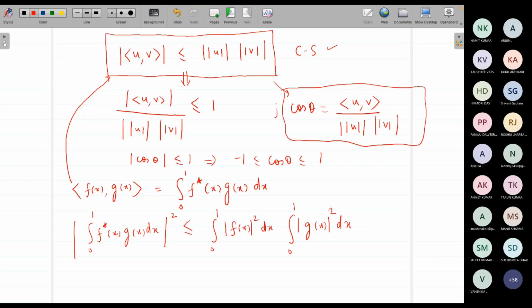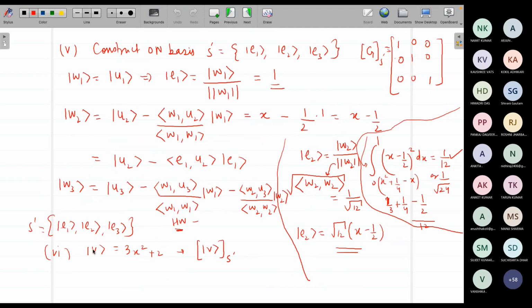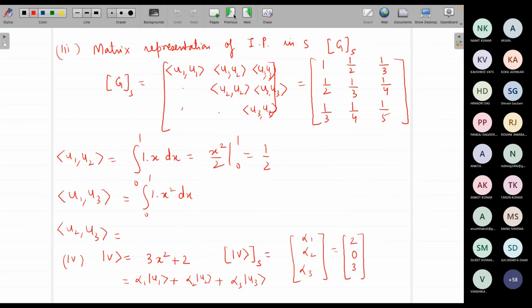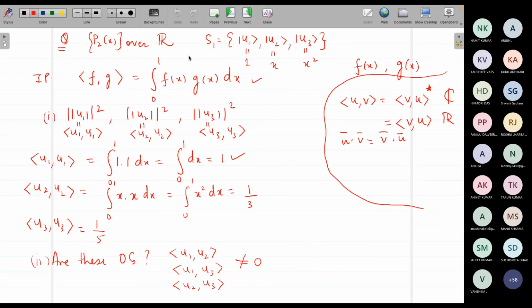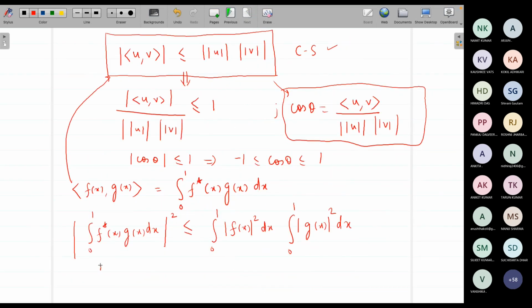The reason why I wanted to write it, even though in the generalized form it is very simple to write, is that I find that students struggle while working it out with various vector spaces, and hence I want to explicitly write it down. In fact, I want to expand the question which I asked in the beginning, which I was doing up to point number 6. So remember the question which we were dealing with? Yes, so we have the polynomial spaces. I want to ask for this question to check